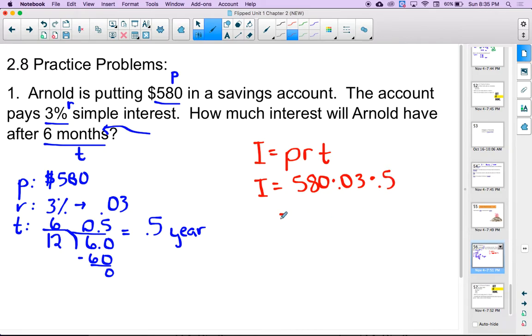Now you know that it's okay to do these in any order that you want because this is multiplication. It doesn't really benefit us to do them in any special order, so I'm just going to start with 580 times 3/100ths. Two numbers come after the decimal. 3 times 0, 3 times 8. 3 times 5 is 15 plus 2 is 17. Move my decimal 2 places. So that gets me 17